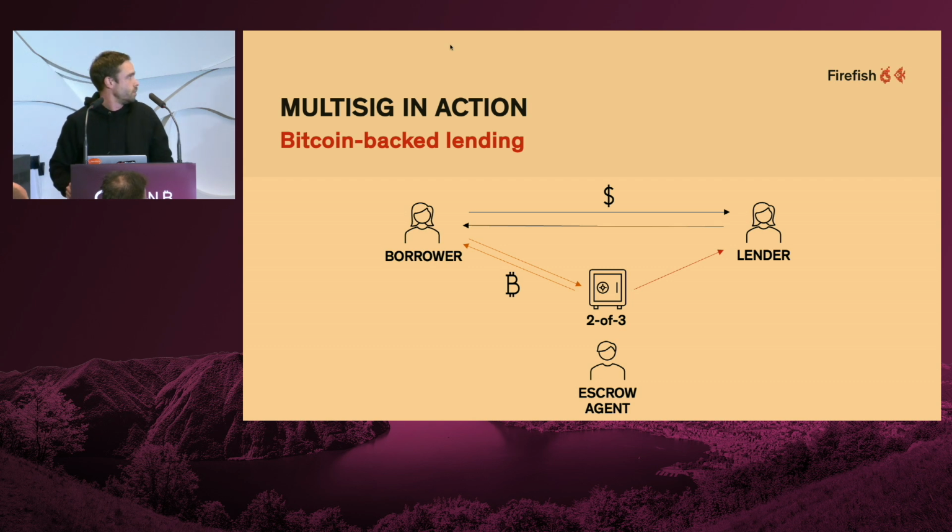That means that a lender is willing to lend money to the borrower, and to make the transaction safer for both of them, they decide to use Bitcoin as collateral. That means that if the borrower doesn't fulfill their obligation at maturity, and doesn't repay, the Bitcoin would be released to the lender as a remedy. In this case, instead of a centralized custodian, we could use 2 of 3 Multisig. So not the institution,